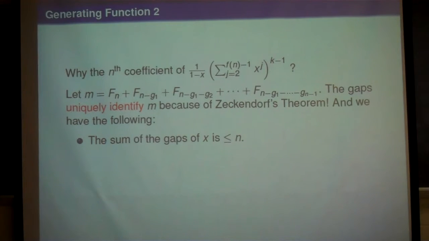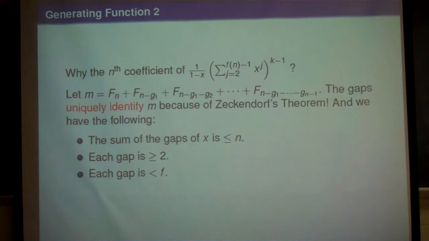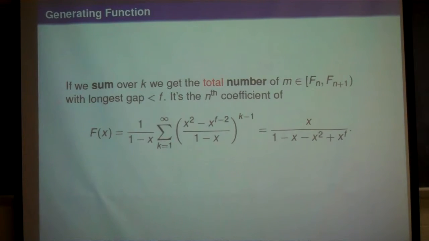These gap lengths uniquely identify an m because of Zeckendorf's theorem. And we know that the sum of the number of gaps is less than or equal to n, each gap is greater than or equal to 2, and each gap has to be less than f by assumption, because that's what we're counting. And so if we sum over the total number of m in the interval F_n to F_{n+1} with longest gap less than f,